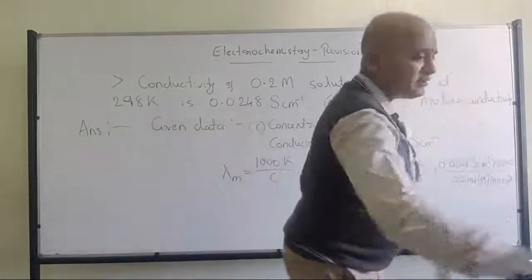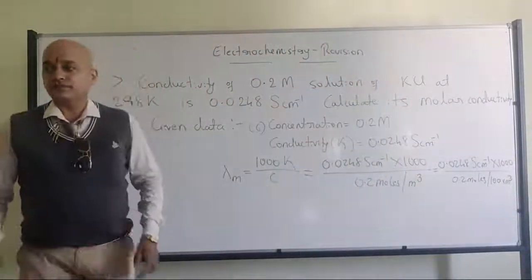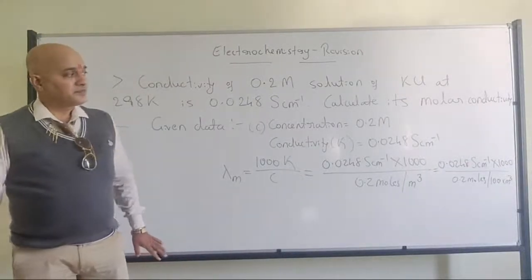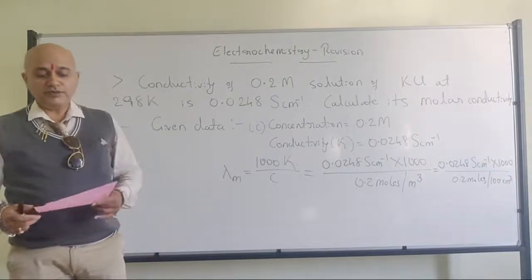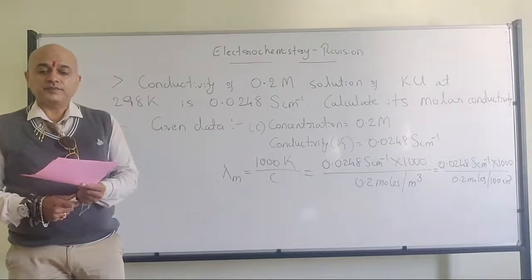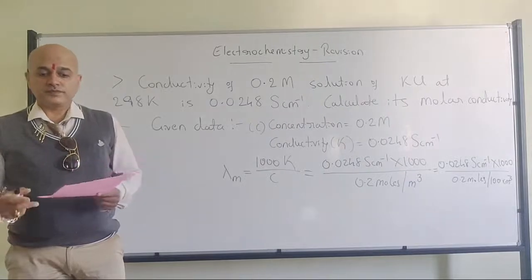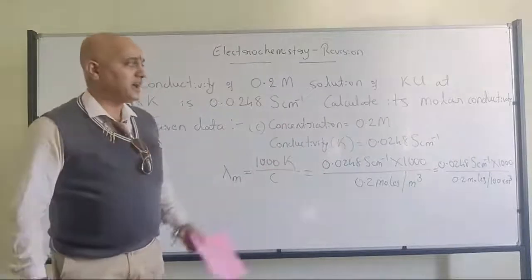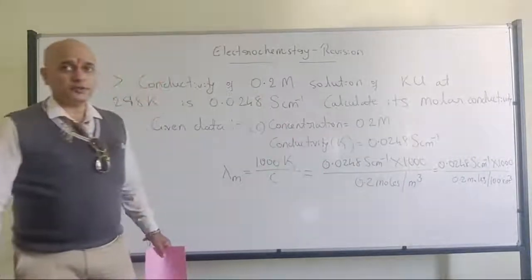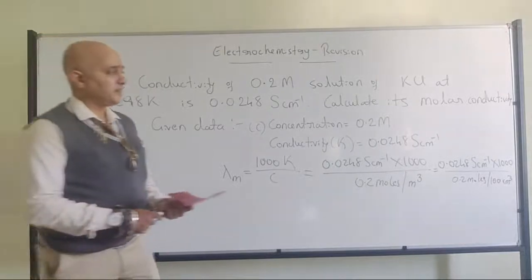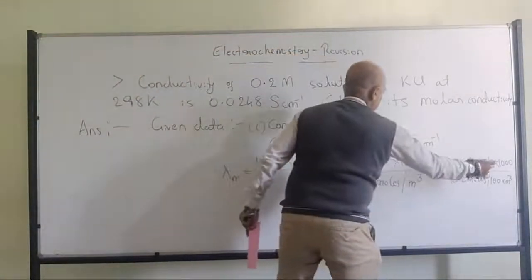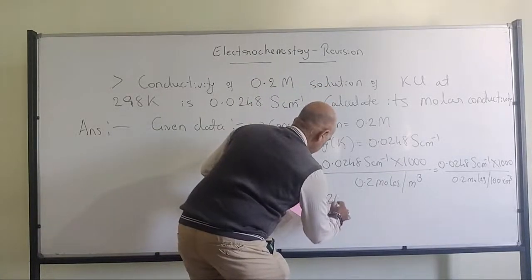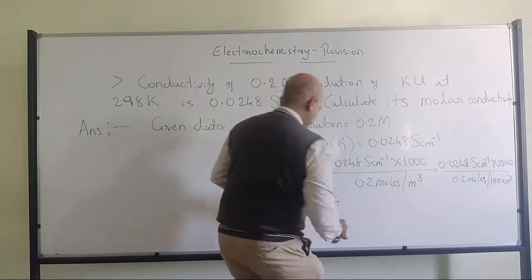Fine. Can you solve it further? What will be the final answer? Hundred centimeter is 1 meter, right? So therefore I have made it as 100 centimeter cube, since meter cube is there. Or you can make it as meter, anything is fine. Now I have got the answer as 124. Whether I am right? 124